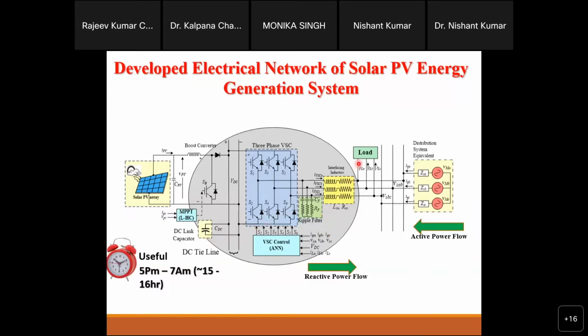Here we have local loads, so we can fulfill the nonlinear load demand of this load, because this load may be linear or may be nonlinear. If this load is nonlinear, then nonlinear current will be required, right? In the night time, this load is taking power from the grid. It means at night this load is taking active power, reactive power, and all those nonlinear power. All the different requirements of this load will come from the grid, right?